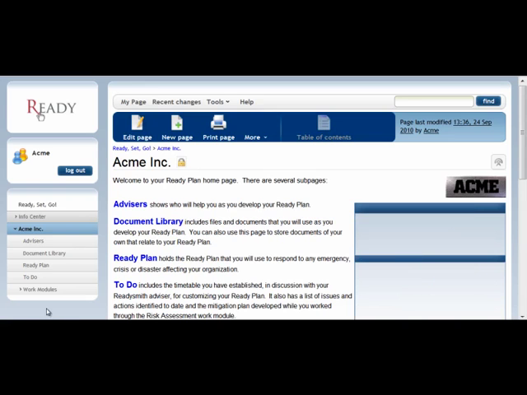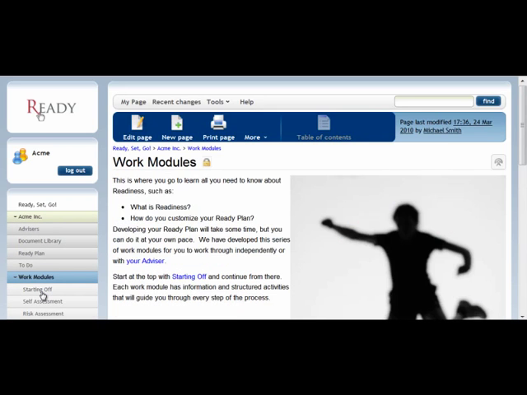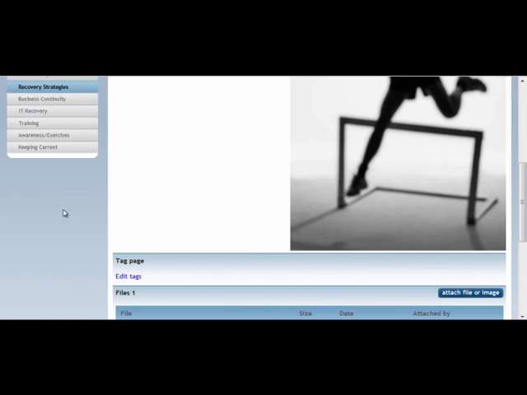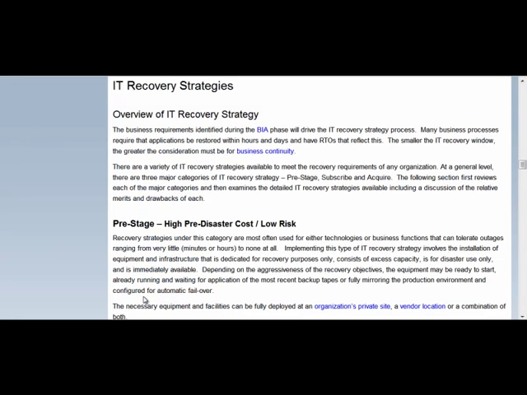Hello! In this tutorial, I'm going to help you through completing the IT Recovery Strategy section of your Ready plan. If you click on Work Modules, scroll down and click on Recovery Strategies, you will be at the Recovery Strategies page. This page covers both the business recovery strategies as well as the IT recovery strategies. If you scroll down and click on number 4, IT Recovery Strategies, you will be at the main IT Recovery